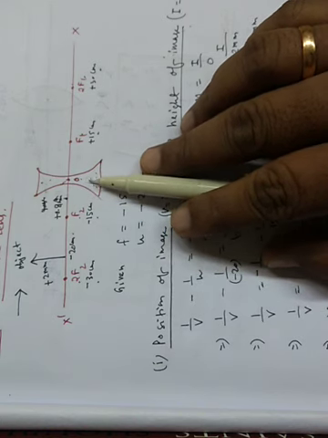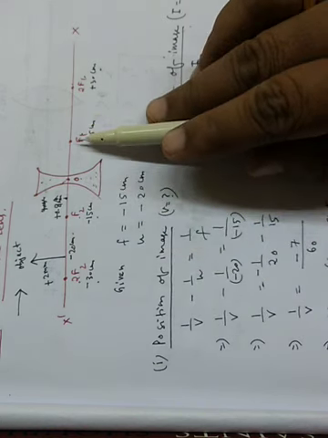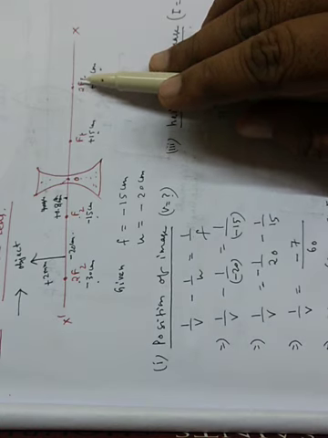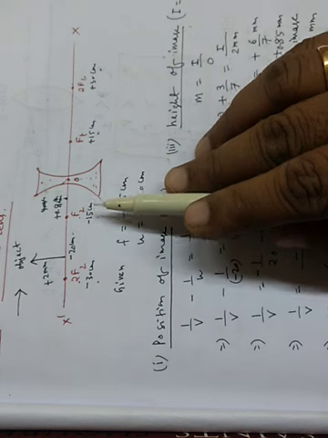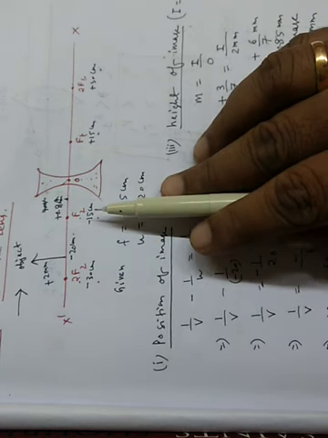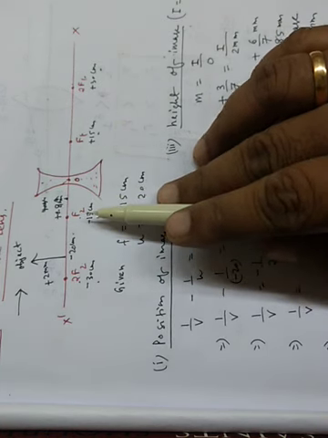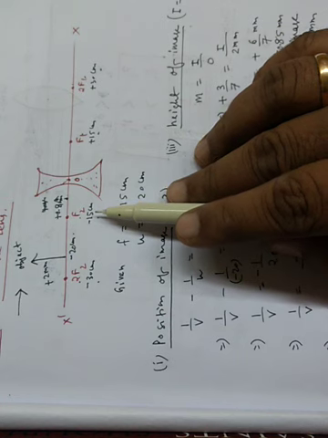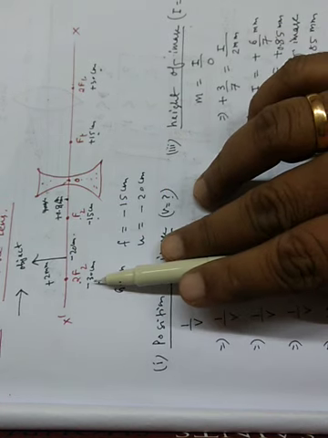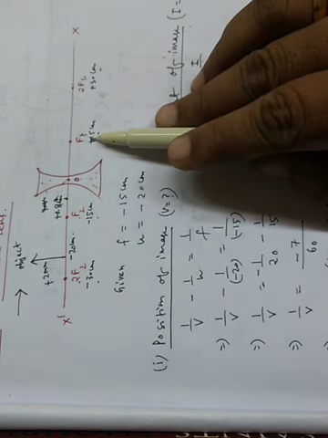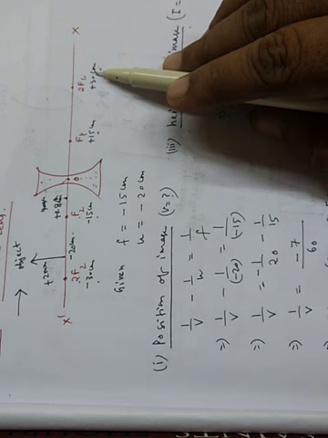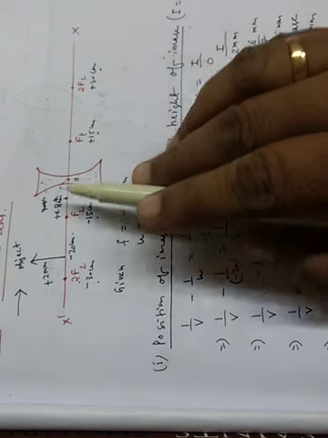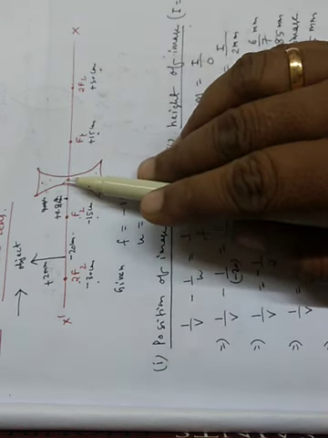Now you see here is the concave lens, this one is the first focus, and this one is 2f2, here it is f2 and 2f2. As the focal length is given 15 cm, the left hand side sign convention is negative, so we have marked minus 15 cm. Obviously this one is minus 30 cm, this one is plus 15 cm and this one is plus 30 cm. Object is kept 20 cm in front of the lens.